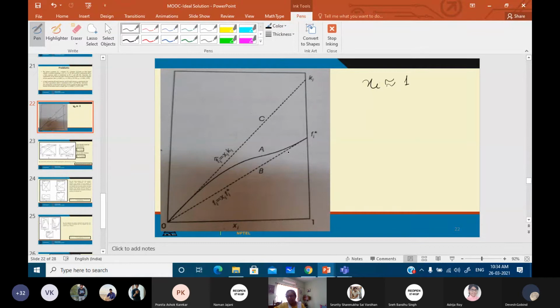Now suppose for carbon dioxide water, when water is in large excess, the solution exhibits the ideal solution model. I have no problems. Suppose carbon dioxide is in excess, then is this particular state a real state? Is it a feasible state